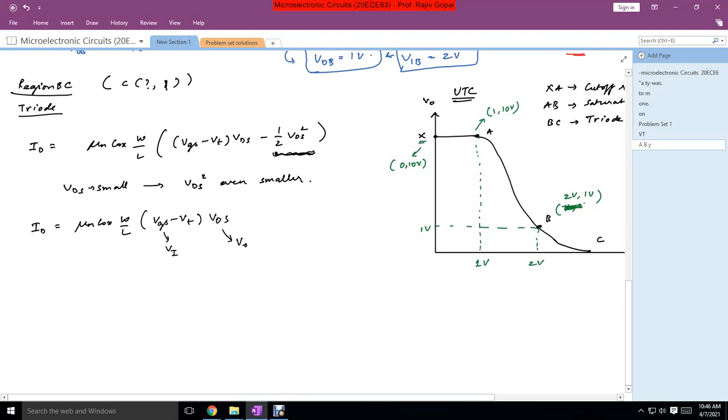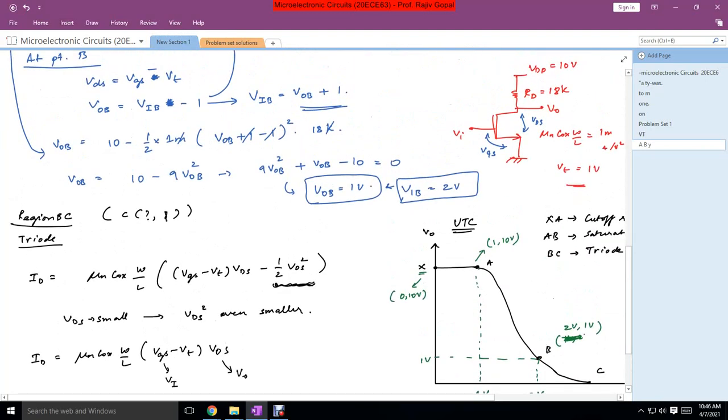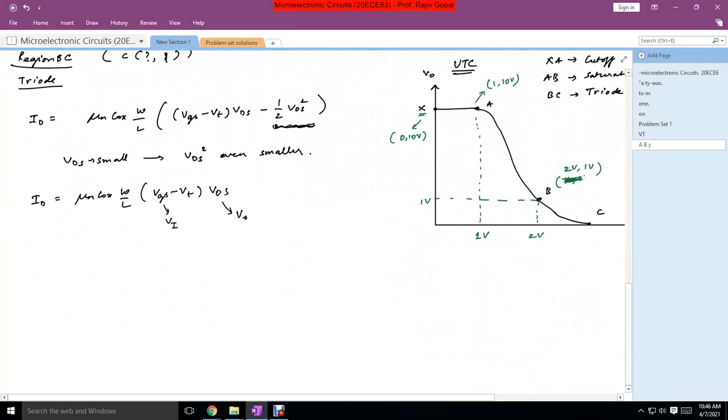Okay, again if you apply KVL at the output side, the same equation you get this equation, VDD minus IDRD minus VDS equal to 0. Again from this, VDS is equal to VDD minus IDRD. Okay, substitute this value here, so you will get VDS, which is actually V naught,